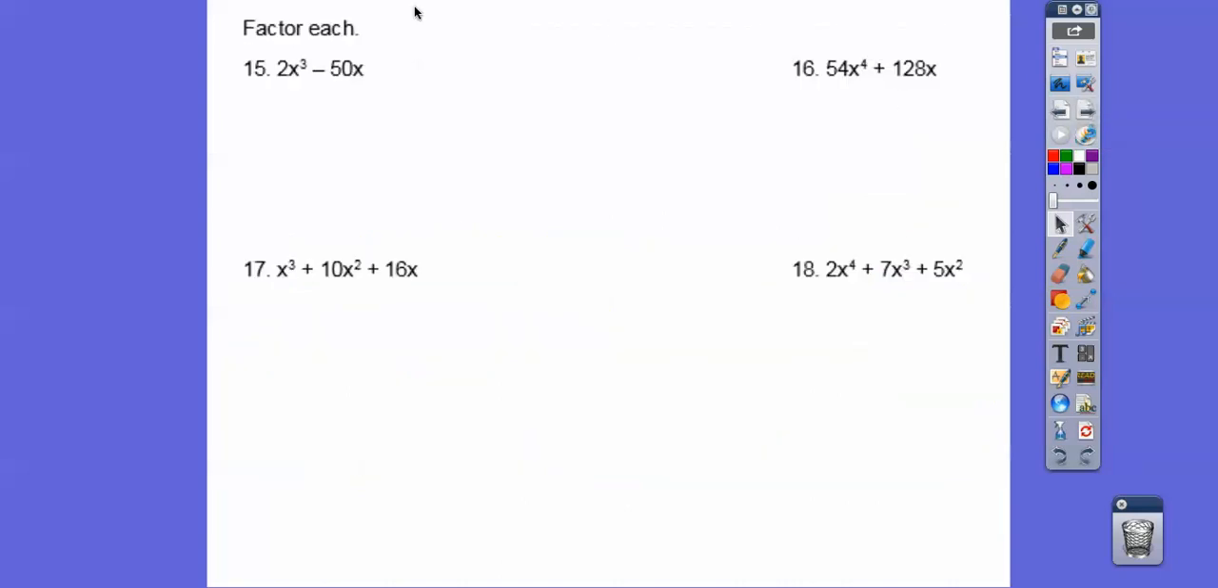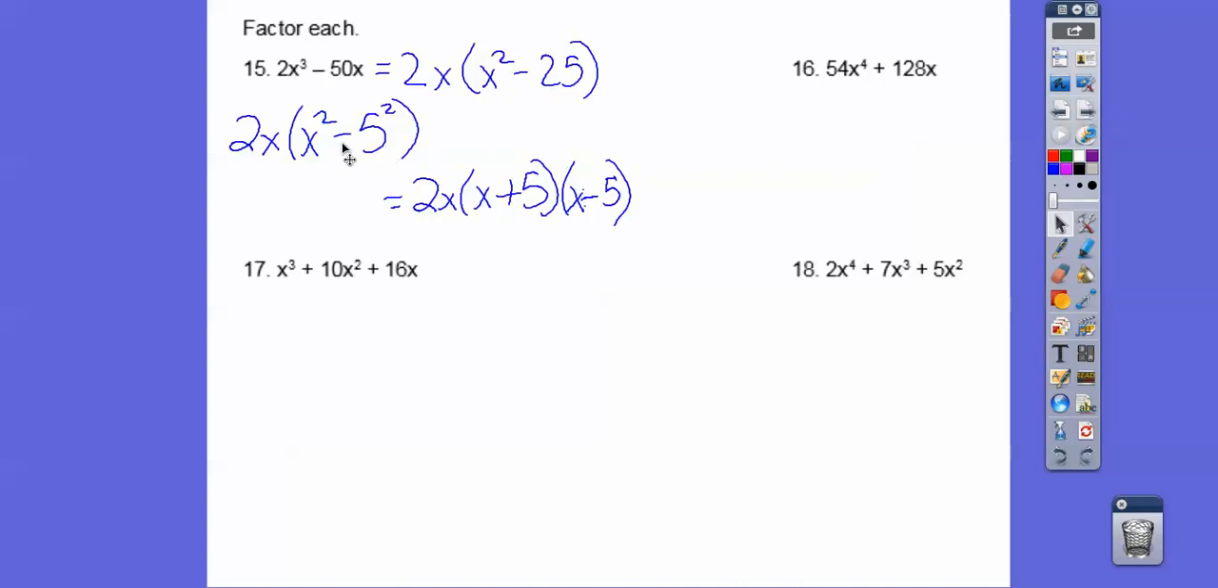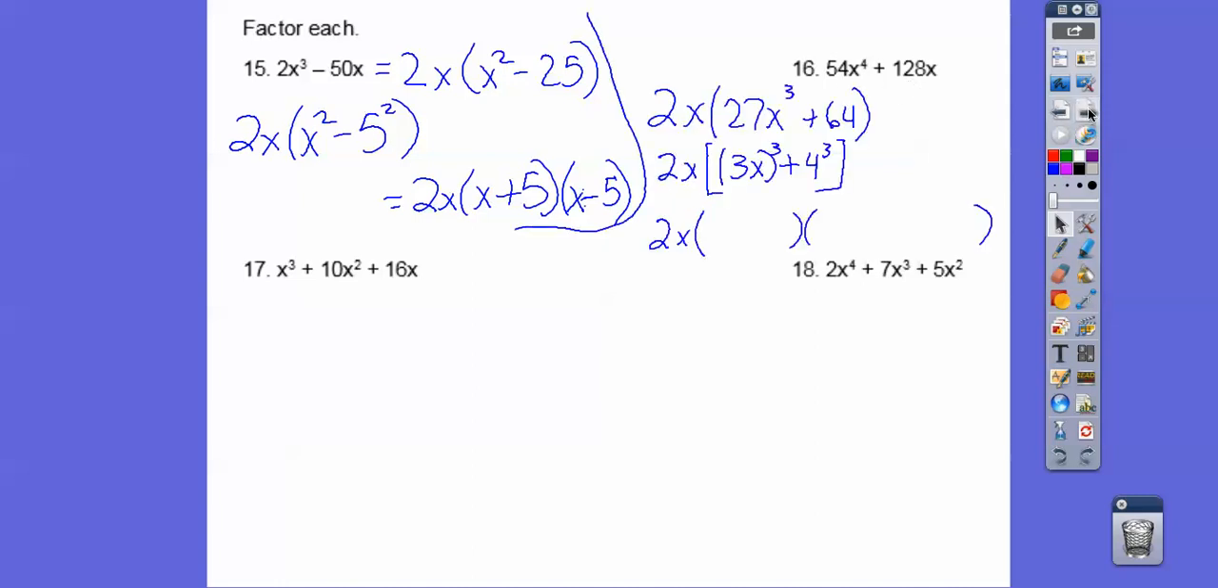Okay, so here we can pull a 2x out. When we pull 2x out, we're left with a difference of squares. So x squared minus 25, which is x squared minus 5 squared, which becomes (x plus 5)(x minus 5). Okay, so here we can pull a 2x out, and then here we're left with a